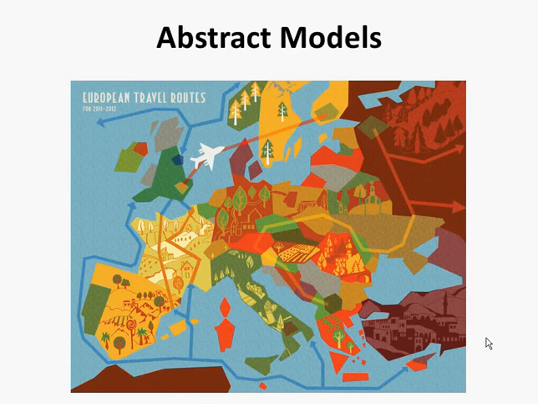Another thing you might get asked to do in an exam is to create an abstract model. So given a scenario, and maybe given some data, to create an abstraction of a real-life situation, such as a map, for example, and talk about things that would be included maybe in a map and things that might be